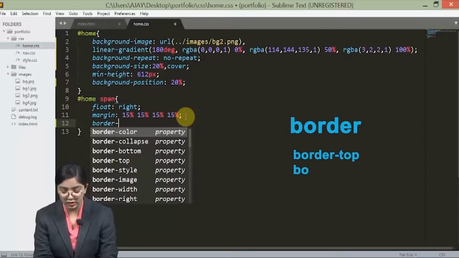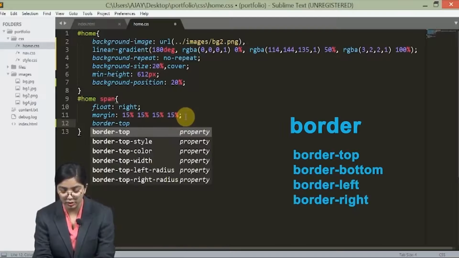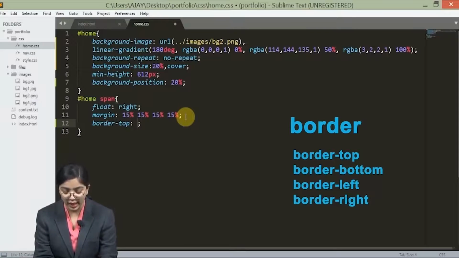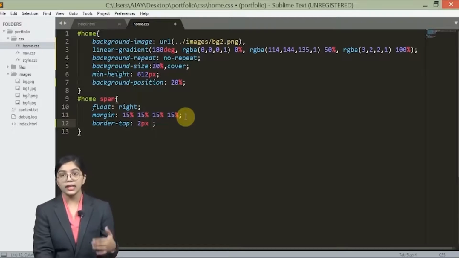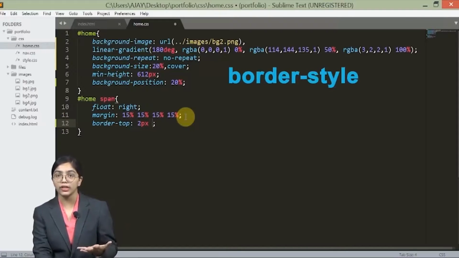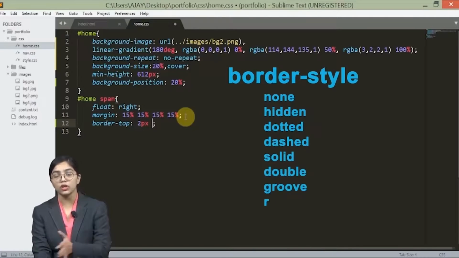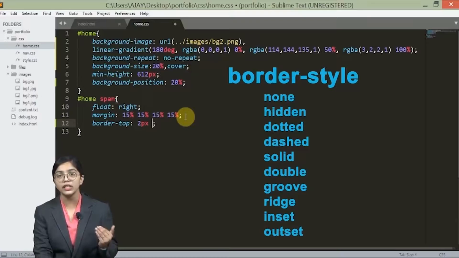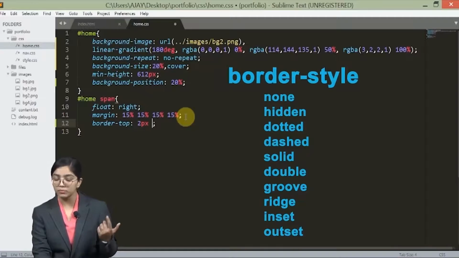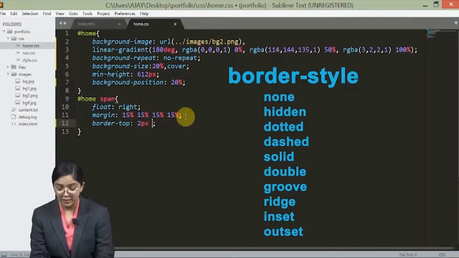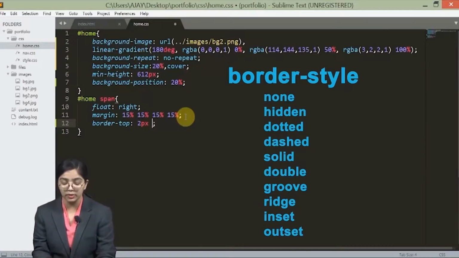Since I want border top, I am giving border-top and defining the border as 2 pixels. There can be different styles of border, right? I am using the shorthand property here.